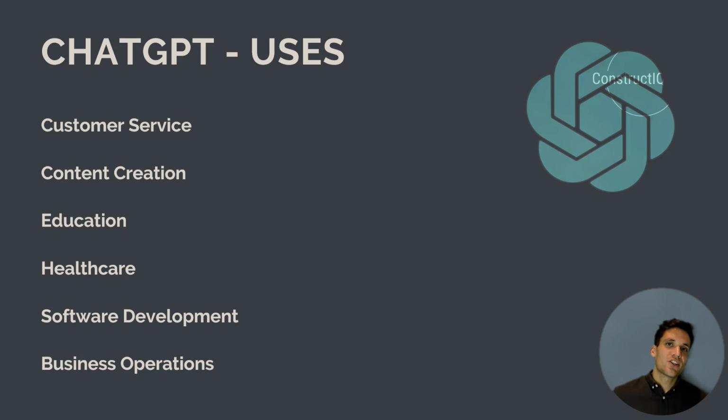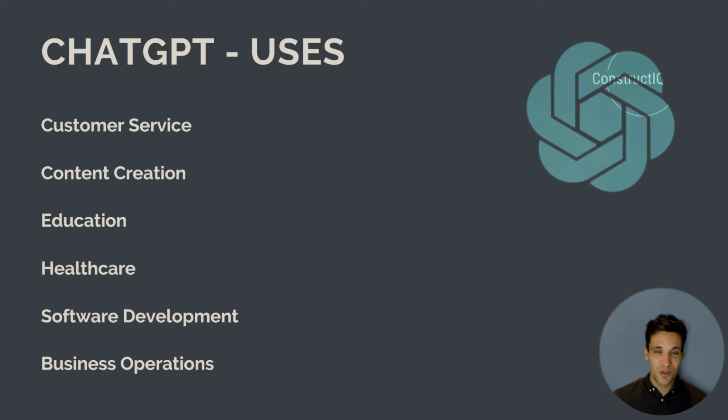So how is ChatGPT being used today? Not just in project management, but it's being used in customer service with automated responses based on different user prompts. We're seeing it used in content creation. You'd probably be shocked to know what percentage of the blog posts you're seeing on things like LinkedIn are written by AI. It's being used in education to facilitate one-on-one tutoring. I'm using it to learn a language. It's being used in healthcare for diagnosing different diseases based on the symptoms identified. It's being used in software development to write code,